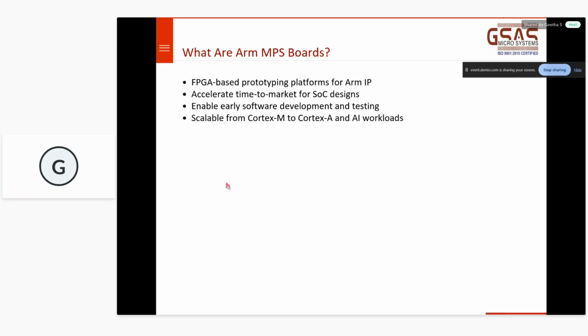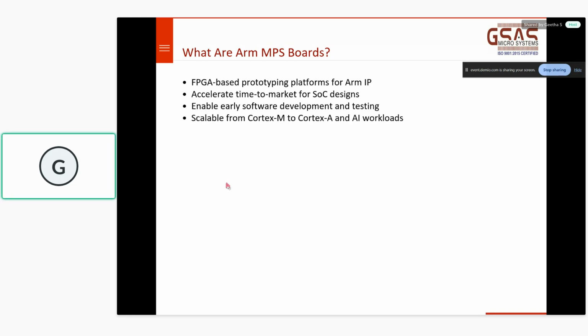So why does anyone have to invest in buying the tool? Why does anyone have to invest in purchasing a commercial license like the ARM compiler license or ARM boards or ARM JTAG debugger? Why has ARM come up with so many solutions? That's because it helps the customer complete their product development soon and bring the product to the market, so that whoever is the customer serving the market can gain the maximum profit from the market.